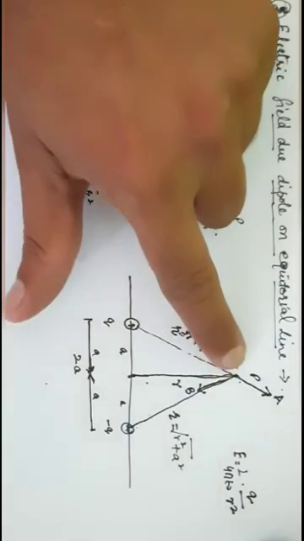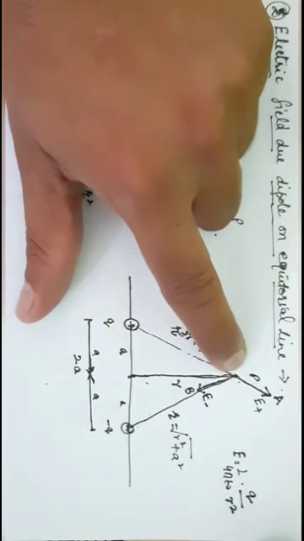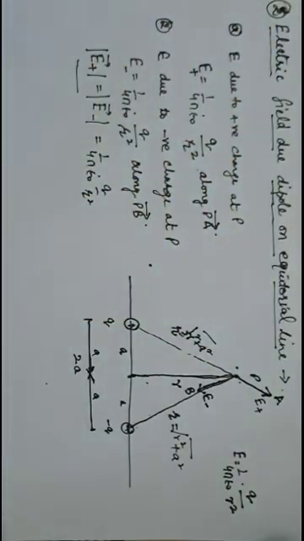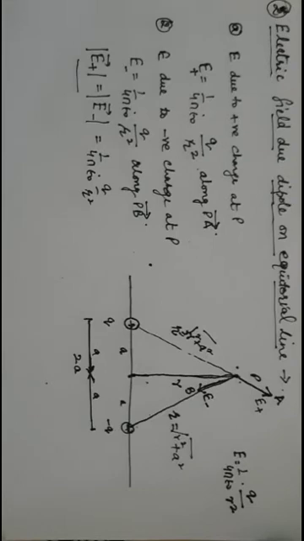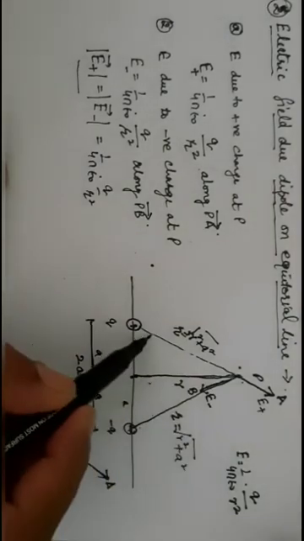If you see the direction of electric field due to positive, it is along PA and this is your PB. Now they are oriented in different directions, so we cannot add or subtract them directly. Here either we will use the formula of resultant of the vector, or resolution of vectors. So here I'm using the resolution of vectors. To find the resultant of E positive and E negative, let us resolve E positive electric field and E negative electric field. So if this angle is theta,